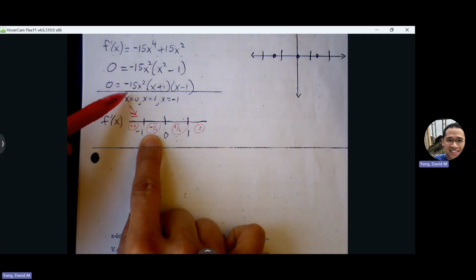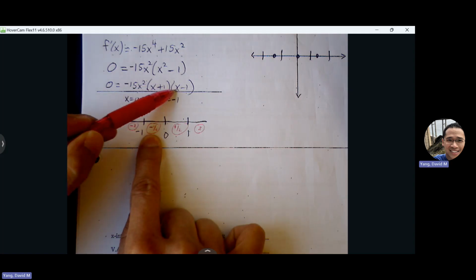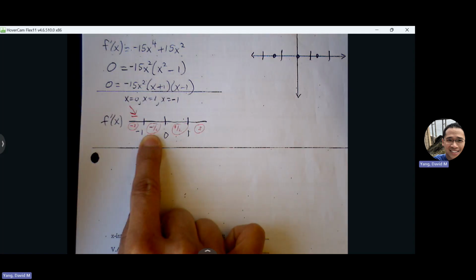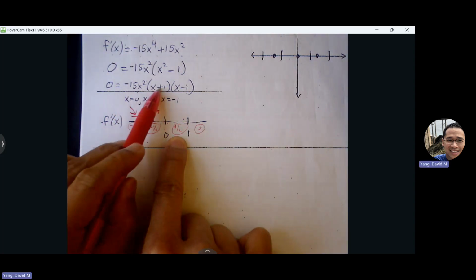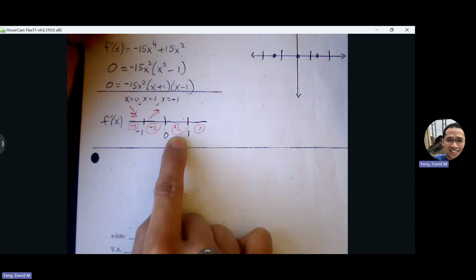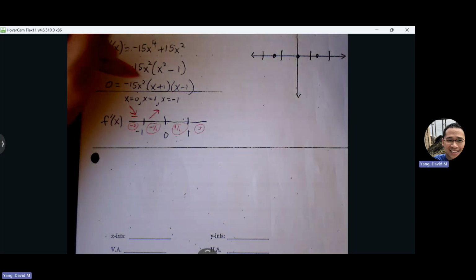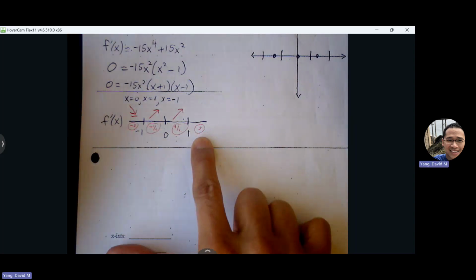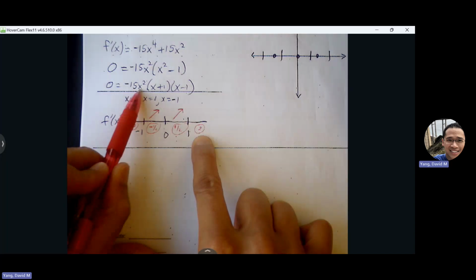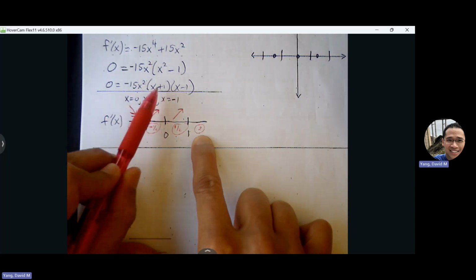Plug negative 1/2 in, negative, positive, positive, negative. So I have 2 negatives, so that's going to give me positive. Negative, positive, positive, negative. Again, 2 negatives. The 1/2. Yeah, 2 negatives, so still positive. Plug in 2, negative times positive times positive times positive. There's only 1 negative, so